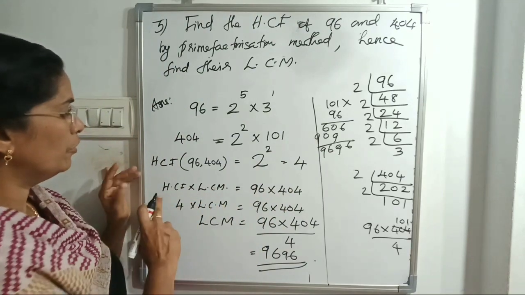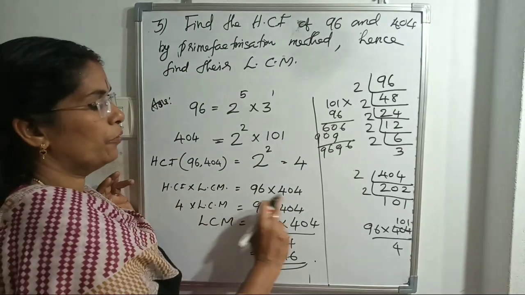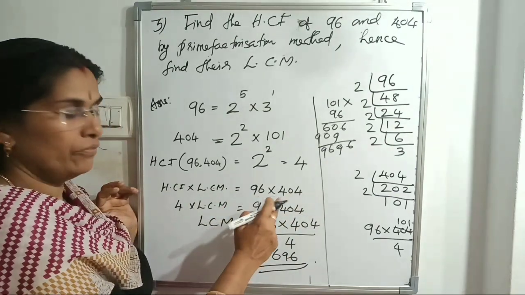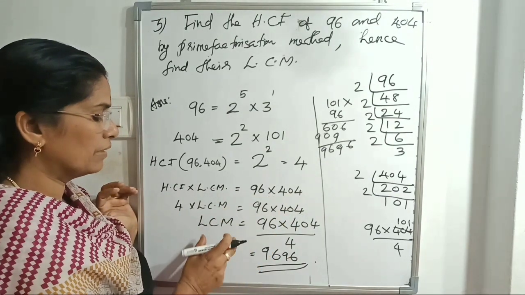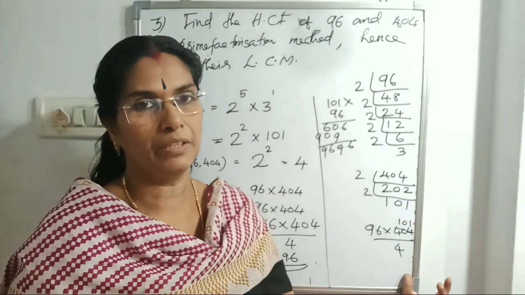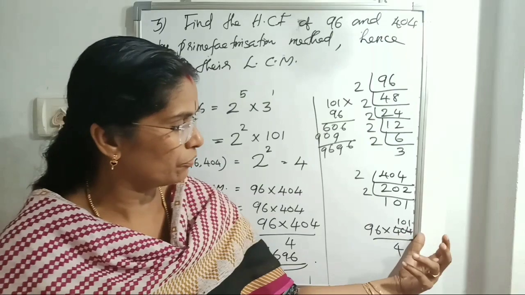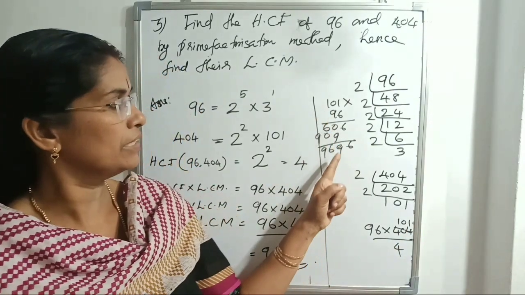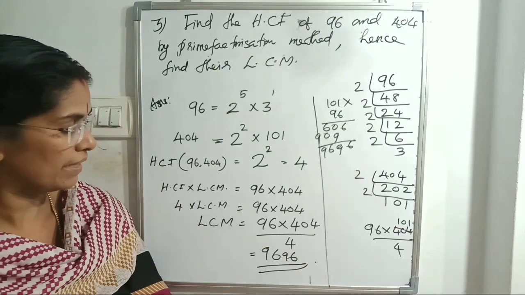After that you have to write HCF into LCM is equal to product of the given numbers, and the values we have, you apply. After that the unknown value we are finding. Sometimes the cancellation method you can use. Here it is very simple, 404 divided with the 4 is 101. Multiplication is also very simple. So the last answer is